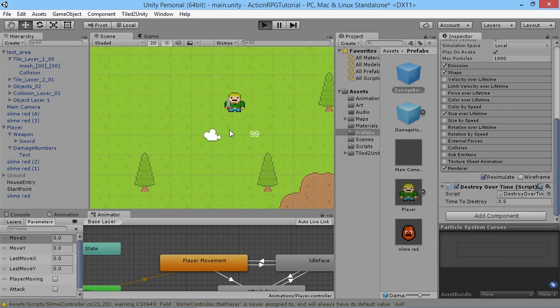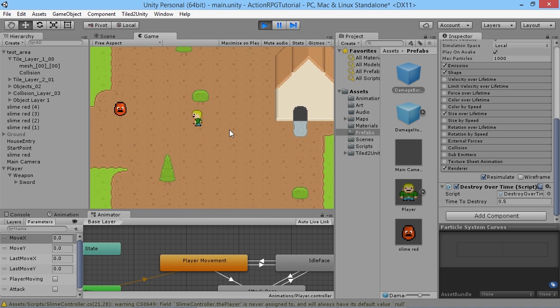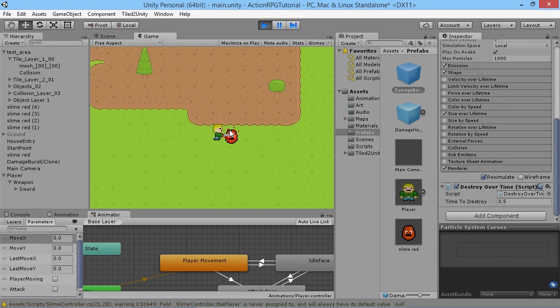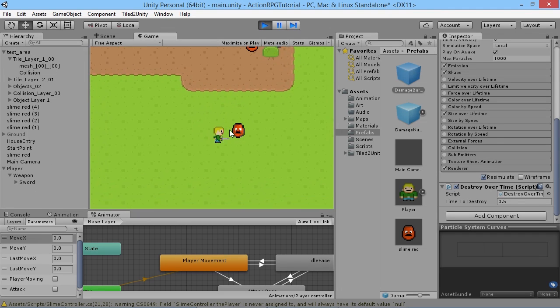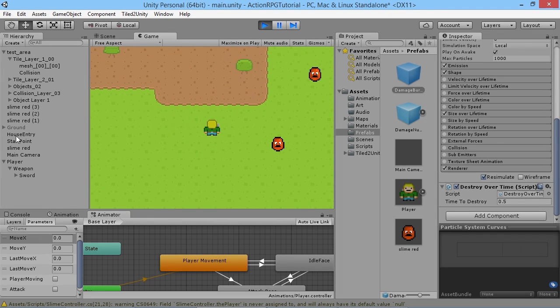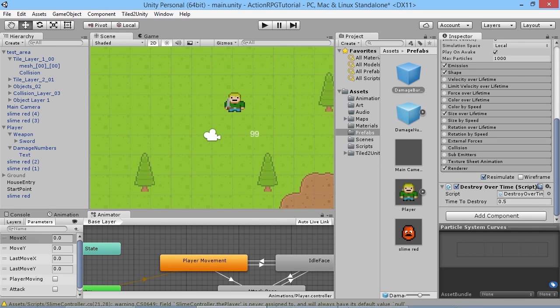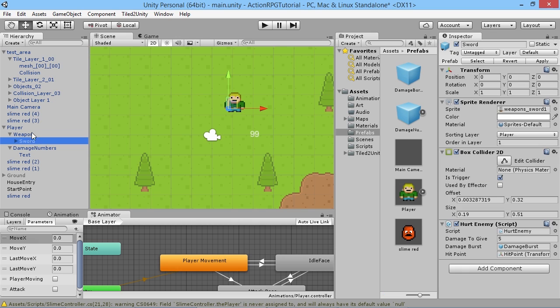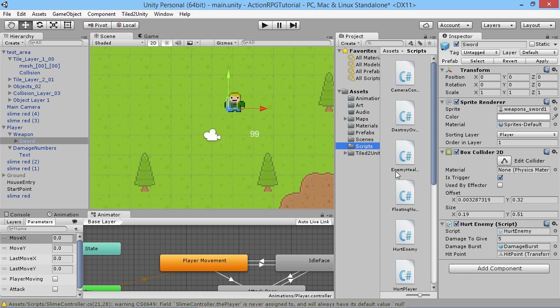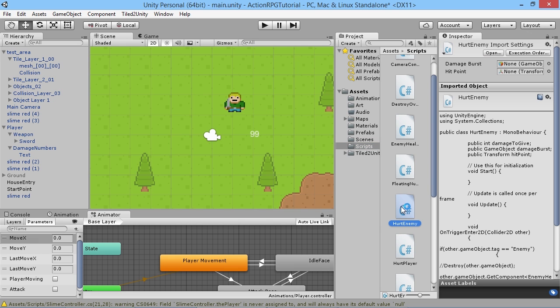So if we go back in here and go attack an enemy, if we can actually manage to get near him, there we go. We can see they're not filling up the side here. We get one appearing and then it goes fairly quickly. So that's all fine and dandy. But now we need to actually make our attacks create these little numbers. So the way we're going to do that is when our sword attacks something in our hurt enemy script, we're going to want to add something that generates this little prefab that we've made, much like we did to generate the damage burst. So we're going to open up that script in our hurt enemy one,